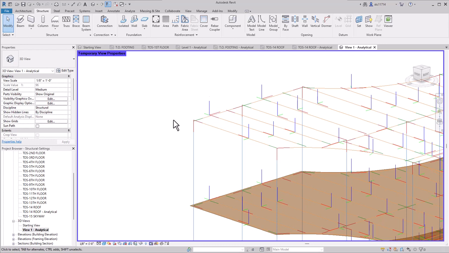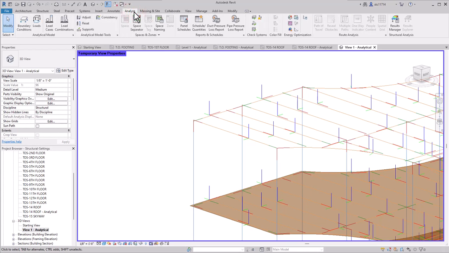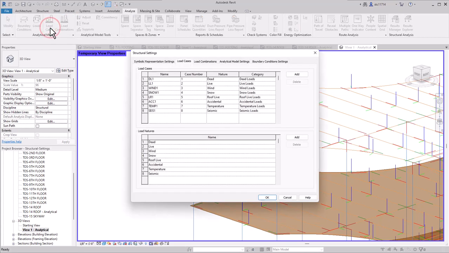Finally, we're going to set up some load cases and load combinations here. We're not actually going to apply them and test them just yet. We'll do that in a later lesson, but we're going to set up some loads for some snow and wind. I will switch to my Analyze tab. Then I will select Load Cases. Here you can see I already have several different loads, including dead weight, live loads such as people moving around, wind, snow, etc. We're going to create another one here for a snowdrift.